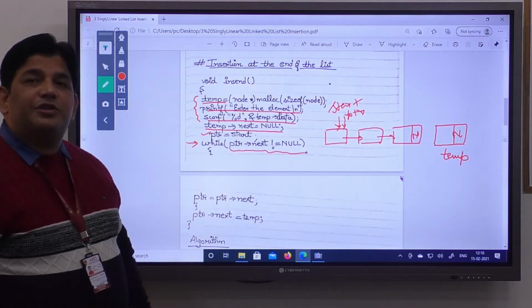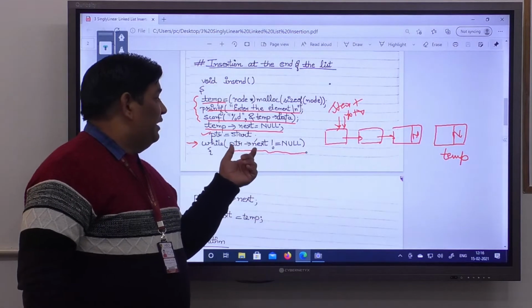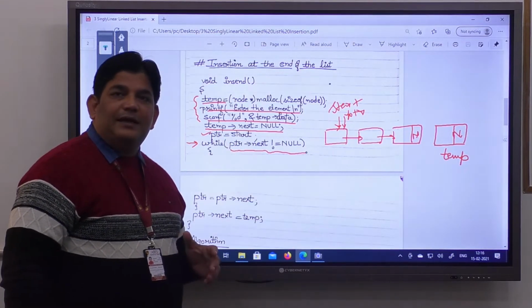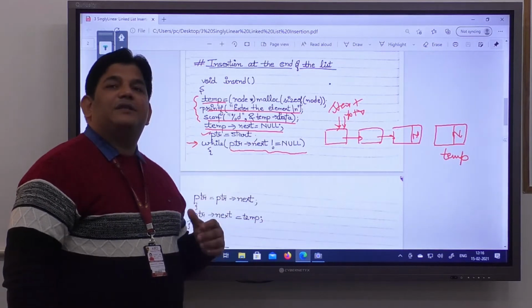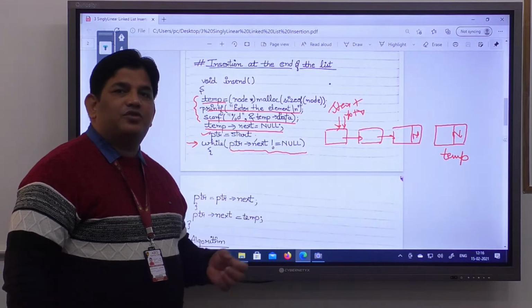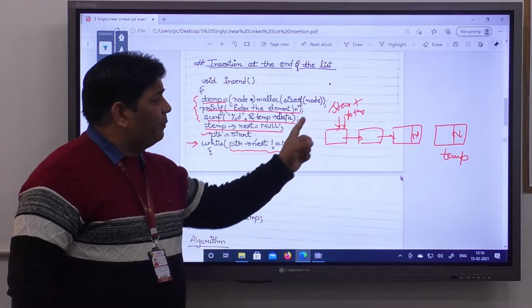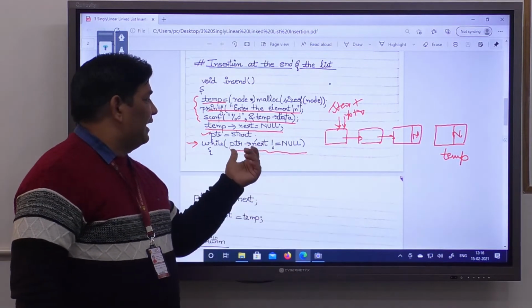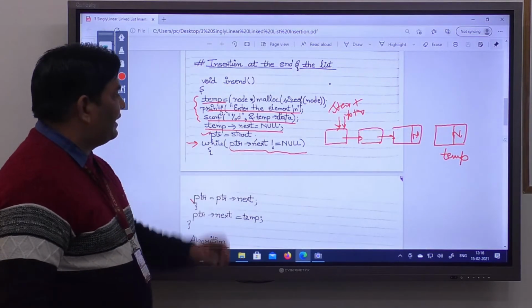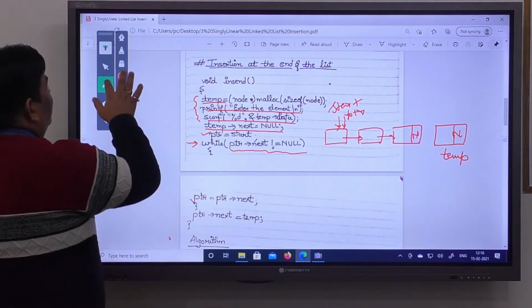The most important condition here is that you do not simply use ptr but use ptr next. When you use ptr, the problem is that it exceeds the last node and ptr becomes null. But you have to keep your ptr at the last node. So you use ptr next is not equal to null. At that time you say ptr equals ptr next. So what happened?